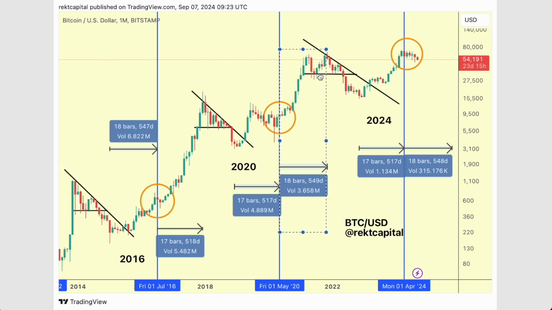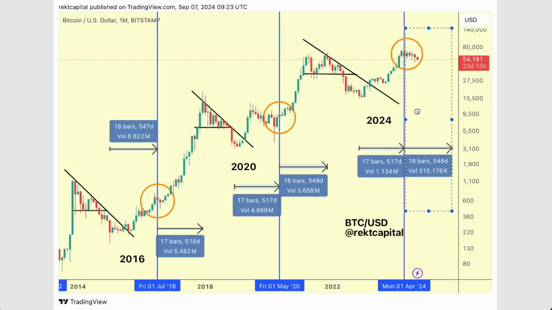And you can have a look here that we can just do this all day, really, comparing pre-halving and post-halving periods across each cycle. They're roughly the same amount of time. Around 500 days before the halving, we tend to see a bear market bottom. Roughly 500 days after the halving, we tend to see a bull market peak. That was the case before and after the 2016 halving, before and after the 2020 halving, and once again, 517 days before the 2024 halving is when we bear market bottomed.